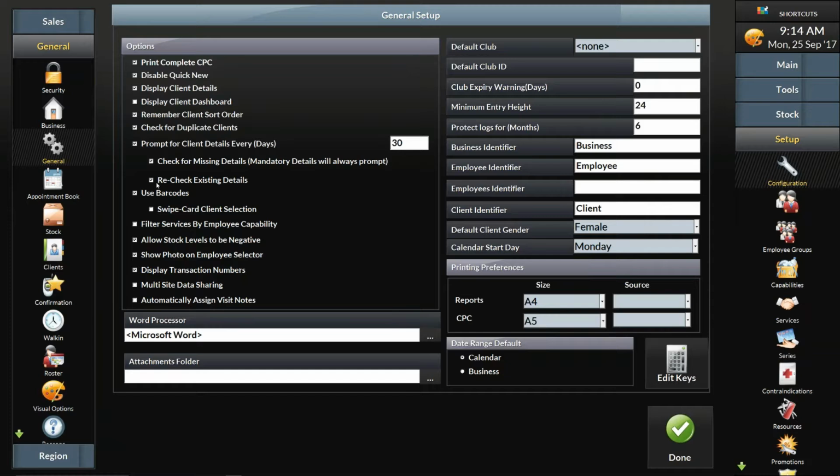You can turn this other option on, recheck existing details, but again, that's an additional setting. It's not necessary for us to be prompted about checking for an email address. But we can turn that on to maybe just update, are you still living at this address, or is this your correct email address, could be the question when it's rechecking. Okay, so 30 days,